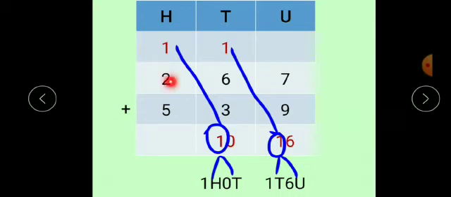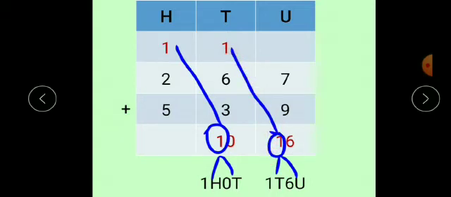The question is 267 plus 539. Okay. Now, as per our method, start addition from the units place. 7 plus 9 we get 16. Okay. Now, this 16 can be written as 1t 6u. Okay. So, keep this 6 as it is and move this 1 to the tens place, carrying over 1. Okay, because it is 1 tens. So, shift this 1 to the tens place.